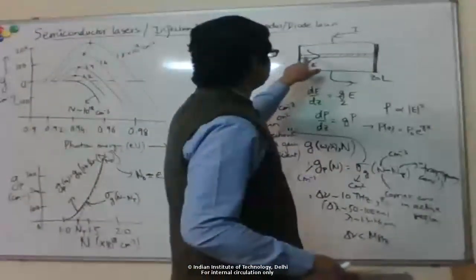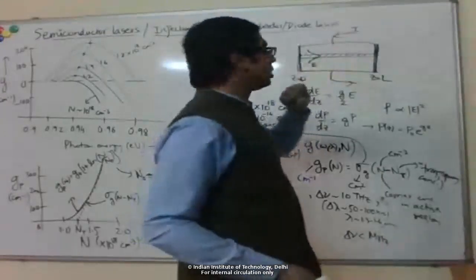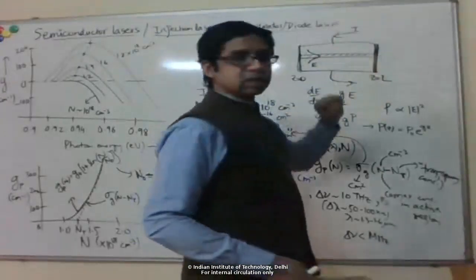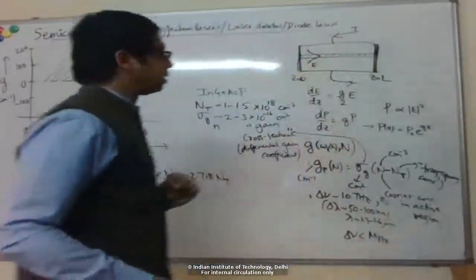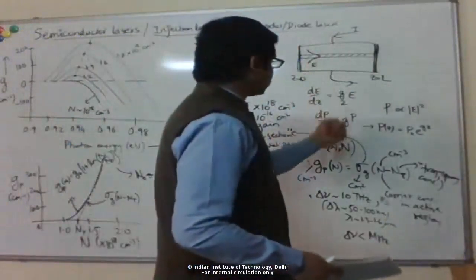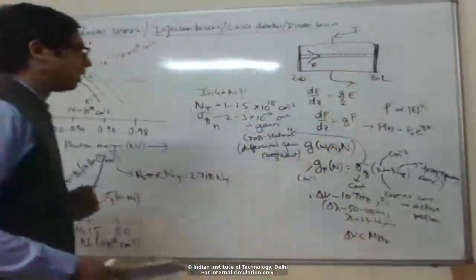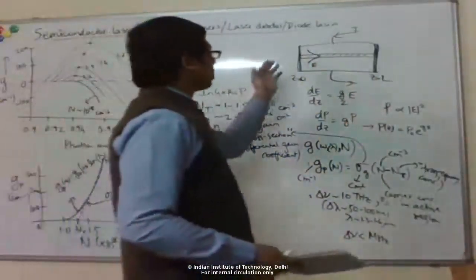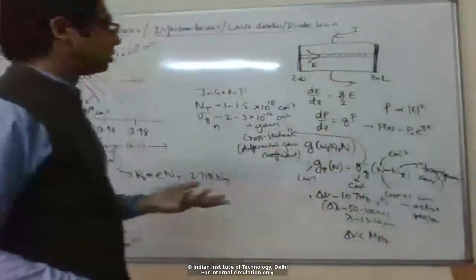For example, the photons emitted can be lost through some internal scattering, or they could leak out through the mirrors. So there are other loss mechanisms, and what you want is to increase this G such that it compensates for all those other losses. When the round trip gain becomes equal to the round trip loss, then you reach this threshold,